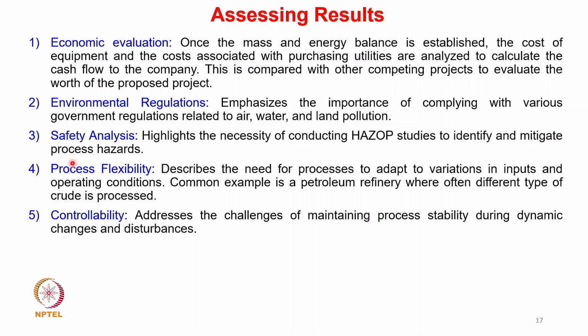Once several alternate flowsheets are obtained, these alternate flowsheets are assessed using different criteria. The first criterion to assess the alternate flowsheet is economic evaluation. In this, once the mass and energy balance is established, the cost of equipment and the cost associated with purchasing utilities are analyzed to calculate the cash flow to the company. This cash flow is then compared with the cash flow obtained in other competing projects to evaluate the worth of